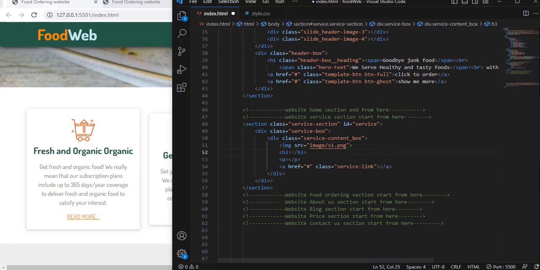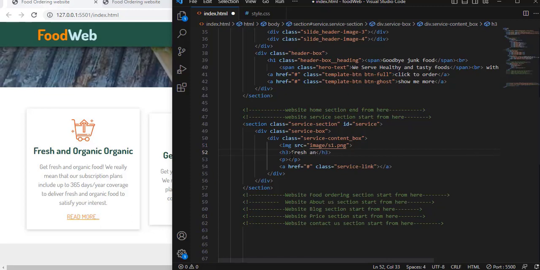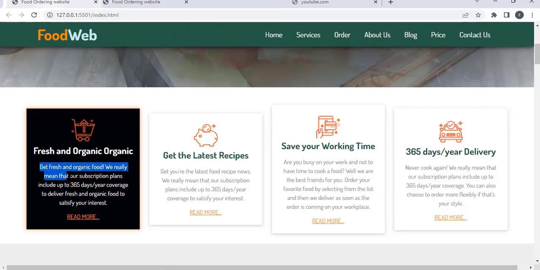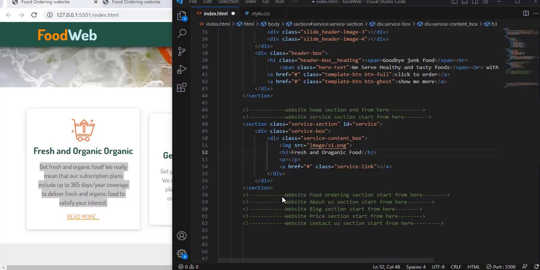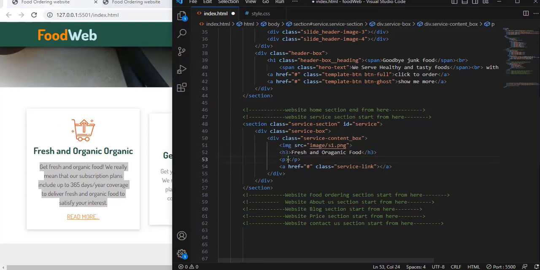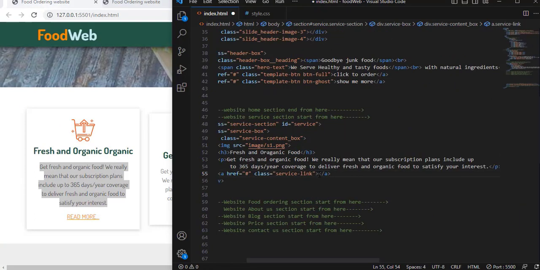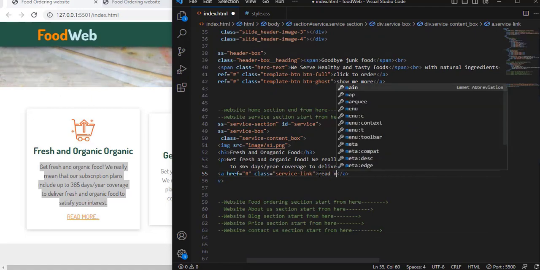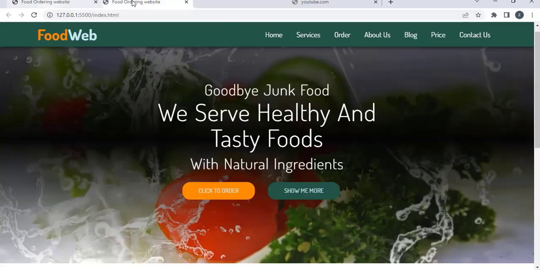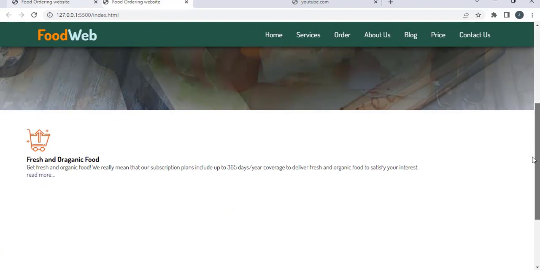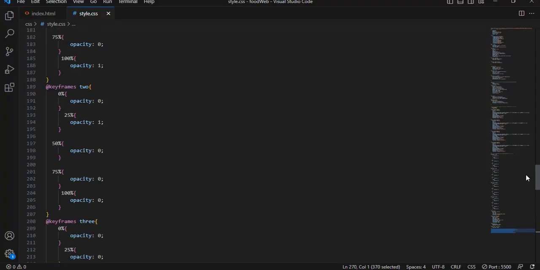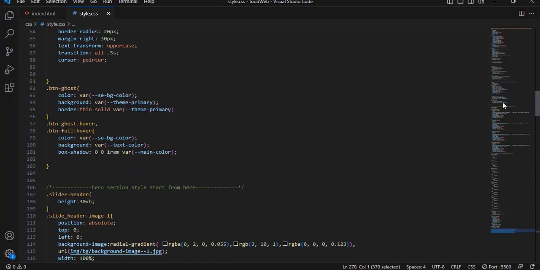After that, here we have an extra element, so here is the text right here, fresh and organic food. Here is a paragraph, so copy this paragraph and paste right here, and here we have a link right here, read more. So when I save and refresh the web page, here we have